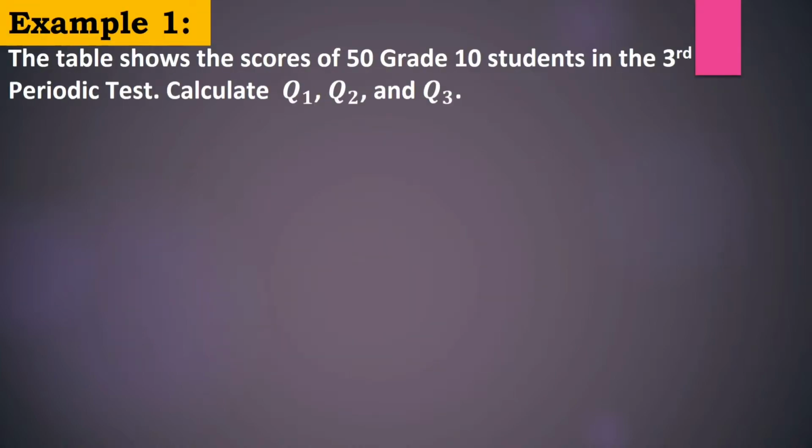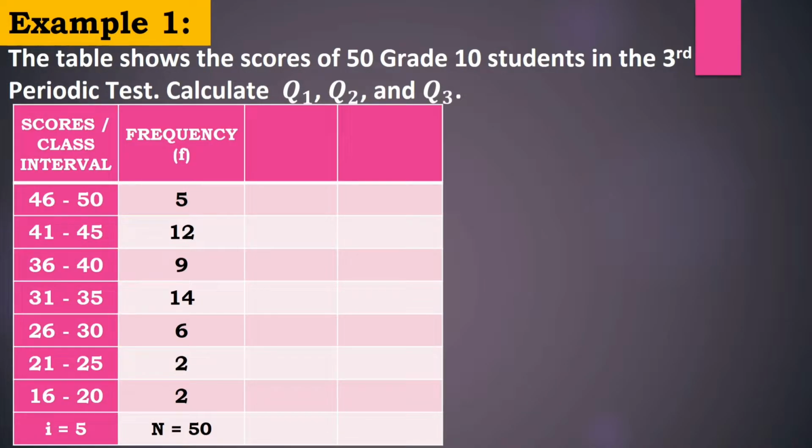So let's take this first example. The table shows the scores of 50 grade 10 students in the third periodic test. Calculate Q sub 1, Q sub 2, and Q sub 3. So here, we need to complete the table by finding the lower class boundary and the cumulative frequency. So for the lower class boundary, we have to look at the lower limit and subtract 0.5 each of the